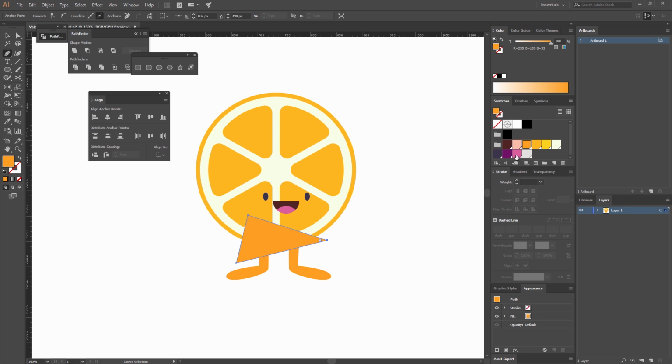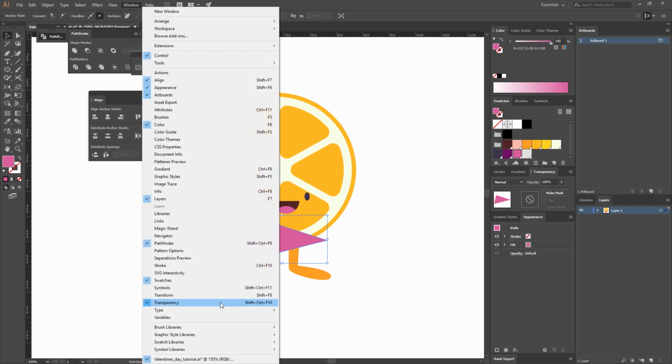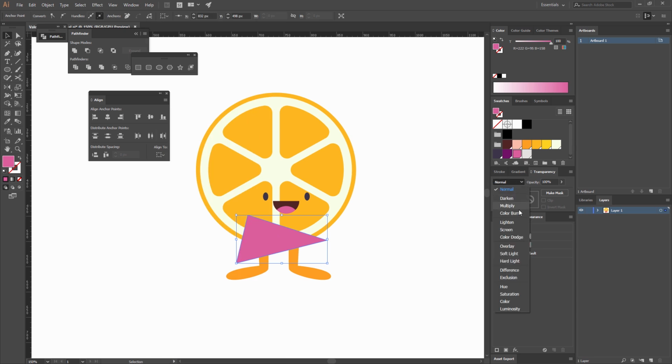And I'm going to use this purple, and I'm going to change the transparency. So I'm going to go to my transparency window, and if you don't have that open, you can go to Window, Transparency, or press Ctrl+Shift+F10. Then I'm going to change the transparency to be overlay,